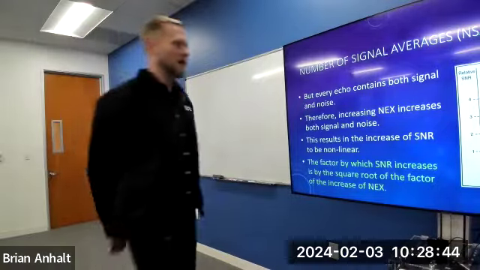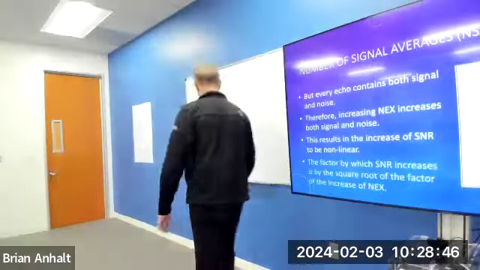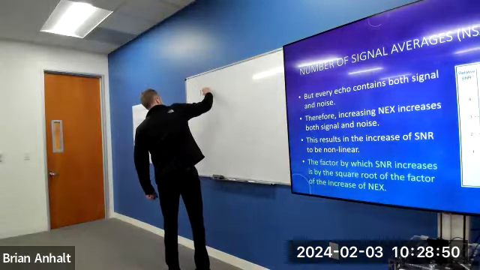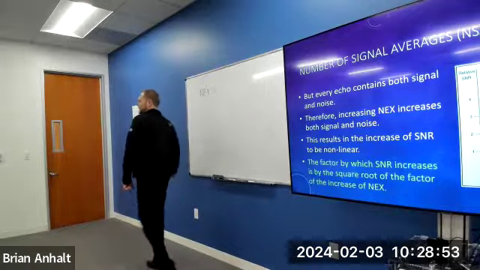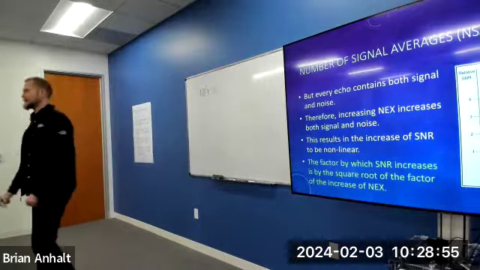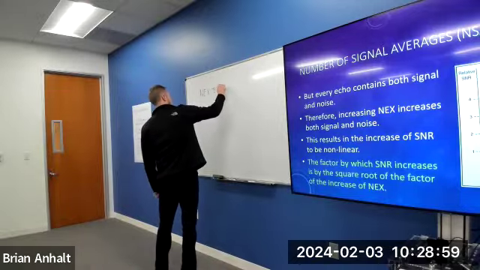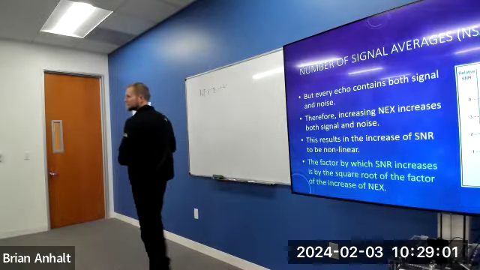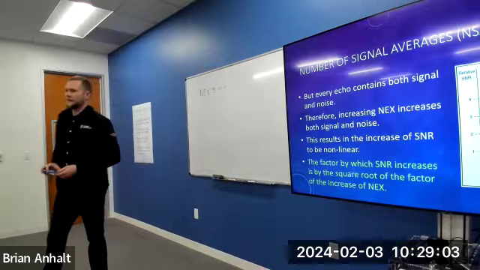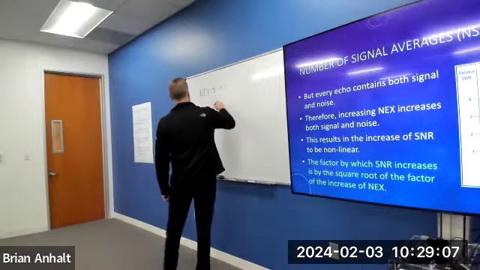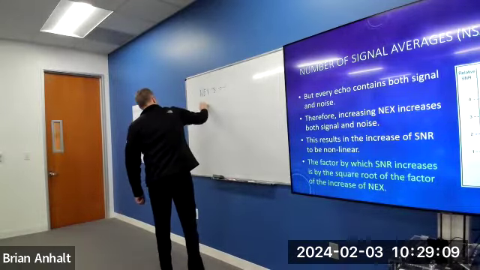So, say my original NEX was 2. The NEX in the machine, in the protocol, said 2. And I'm like, I don't like the image quality, I'm going to double that. I'm going to double it and make it 4. What times 2 equals 4? 2, right? So the factor of increase